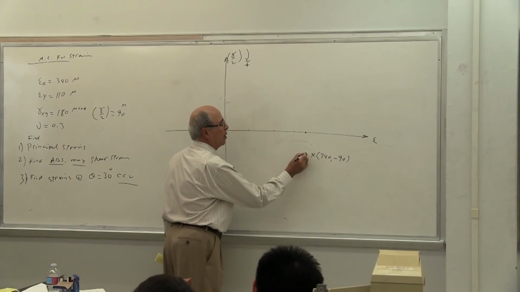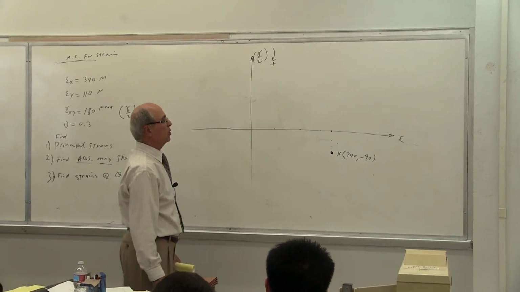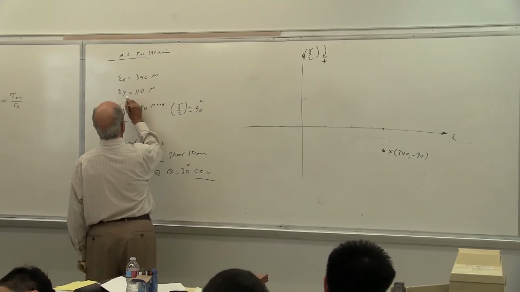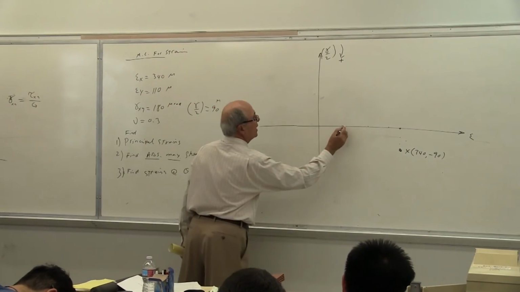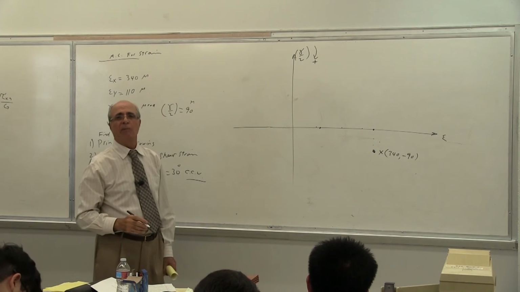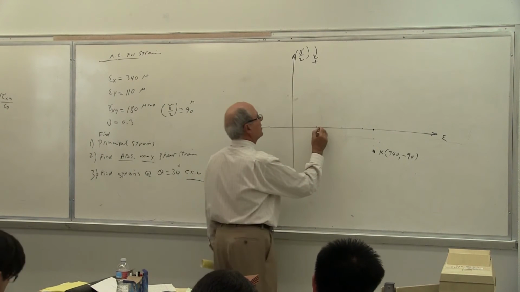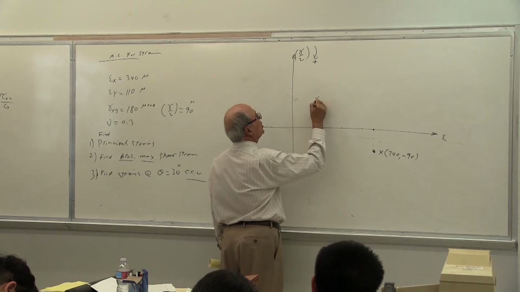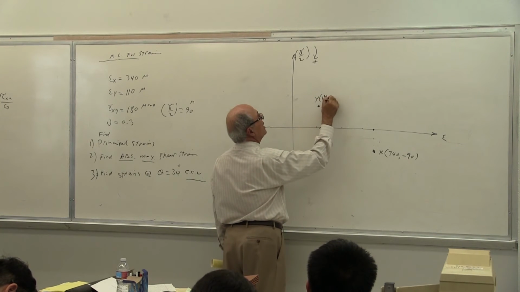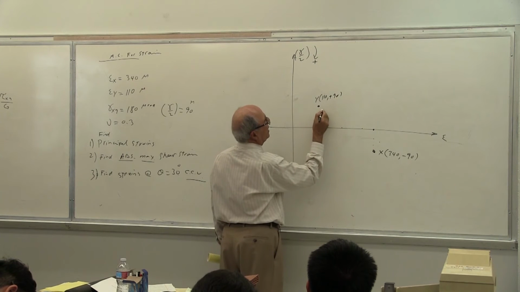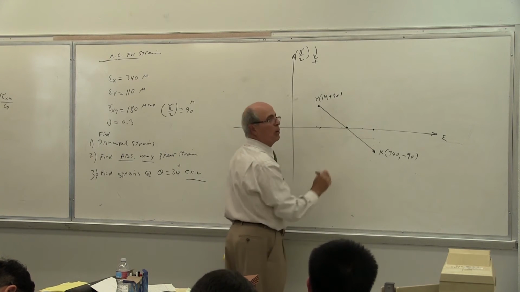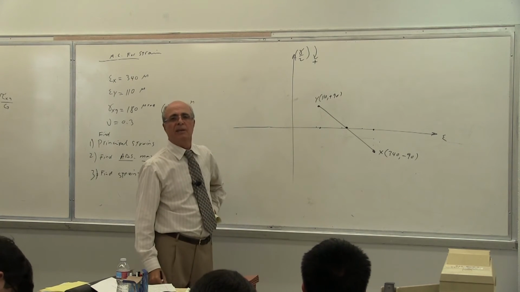So that gets 1 point on the circle. The other point on the circle is going with the y. On the epsilon y, I have 110. So this is 110. Obviously, this time I have to go plus 90. We have done that in the past. So we go here. So this is y, which has 110 and plus 90. And then we connect this together. This point is the center of the circle.